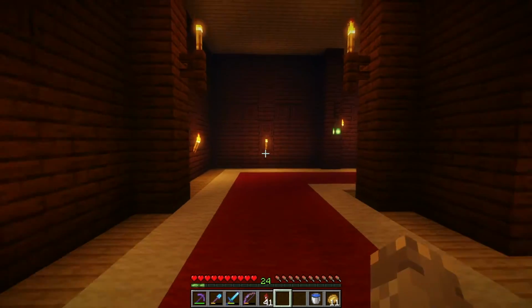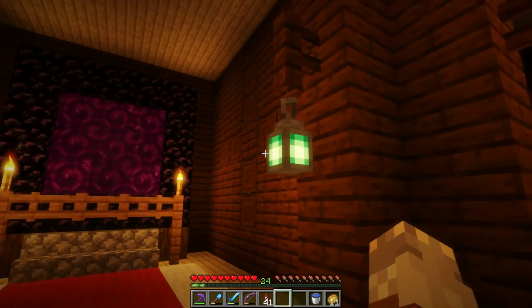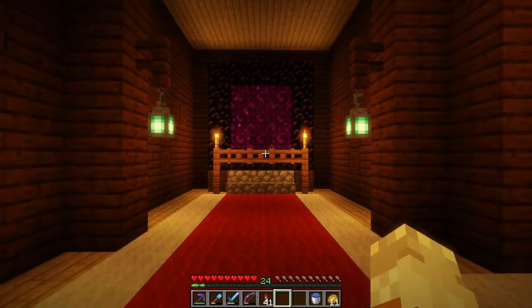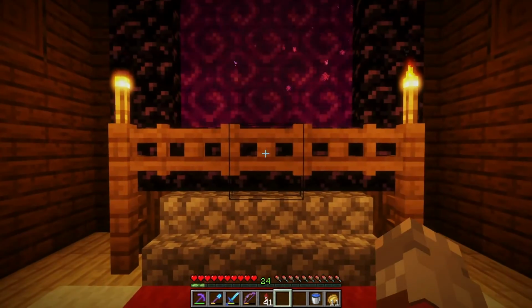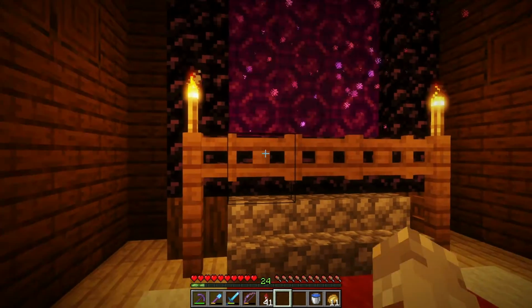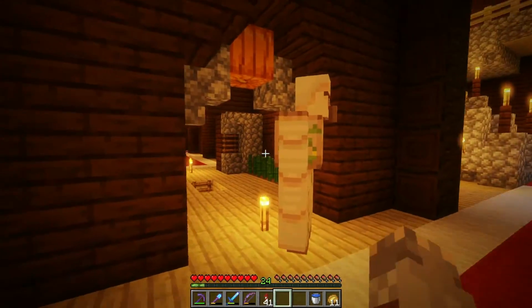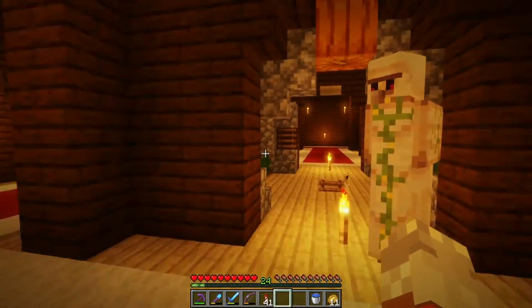I put in a nether portal right here. Got some soul lanterns set up here. A gate to keep the iron golems from wandering into the portal, or the villagers when we eventually get some. And then I carved another hole through this wall here,